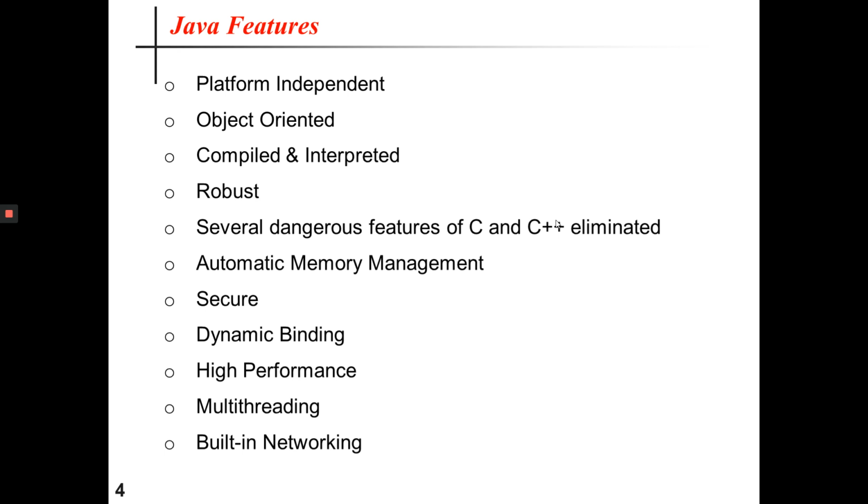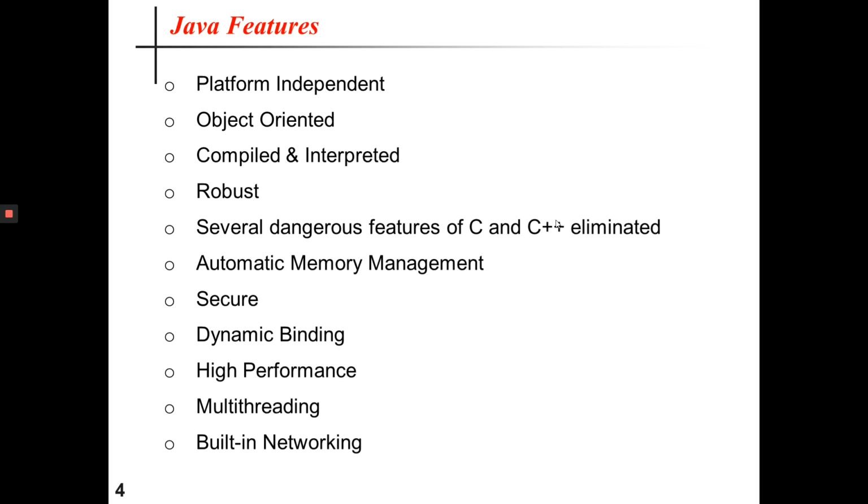Compiled and interpreted: that I have already told. After writing a program, it has to be compiled by using the Javac compiler, and it will generate a .class file. If the compilation is successful, then it will be run by using the Java interpreter. So it is having both stages, compiled and interpreted.